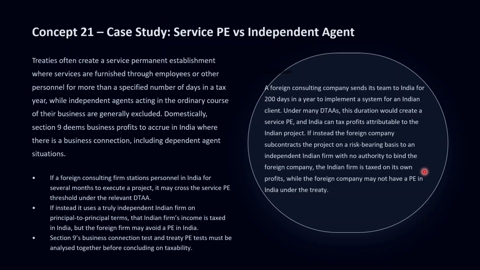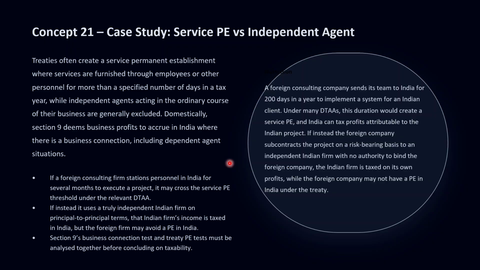So at a domestic level, section 9 deems income of a non-resident to accrue or arise in India where there is a business connection, and the explanations bring independent agent situations very similar to agency PE concepts. So in practical terms, if a foreign consulting firm sends its own employees to India and they stay beyond the service PE threshold, India can treat that as a PE, and tax the profits attributable to those Indian activities under the business connection rule and the treaty. However,